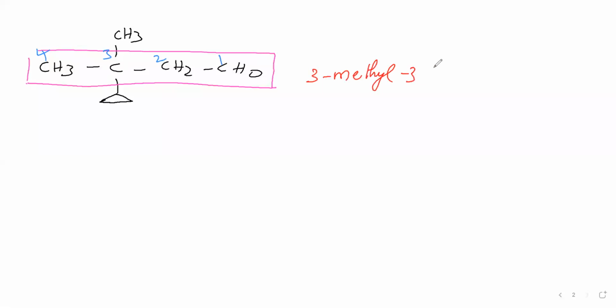At the third carbon there is a cyclic compound. The cyclic compound contains 3 carbon atoms, therefore prop, and the suffix yl you have to include because it is a branch. Then the parent contains 4 carbon atoms, therefore but. Primary suffix is an, in that the last letter e we drop. Secondary suffix for aldehyde is al. Therefore, 3-methyl 3-cyclopropyl butanal.